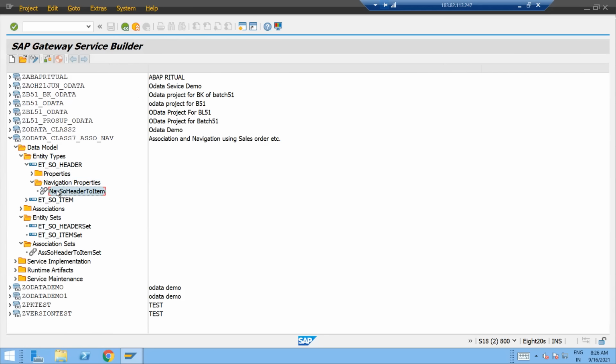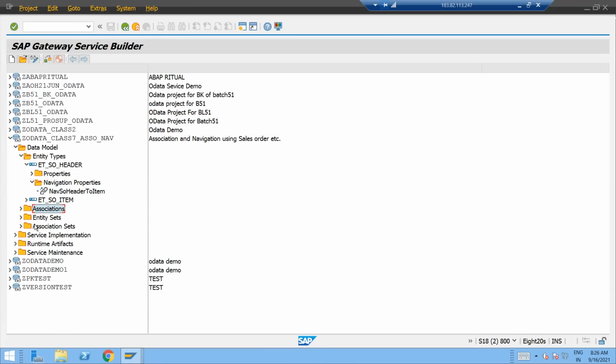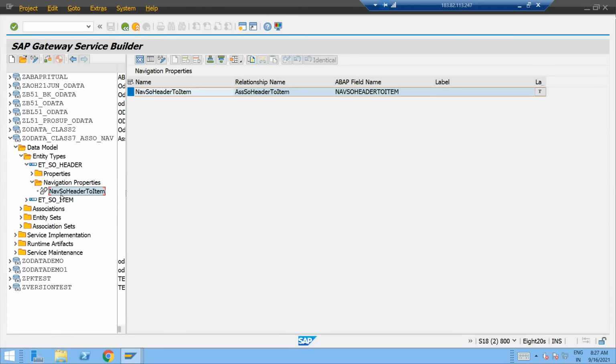So the navigation property you can find at the entity type level, and the association set you can see there. Here you have it separately, right? The association set is here and the association is separate, it is here in a separate folder, right? And the navigation property is there at the entity type level. So for the entity type, you have one properties and another you have the navigation properties, right? Come over here, double click,